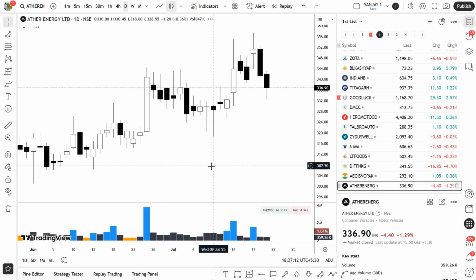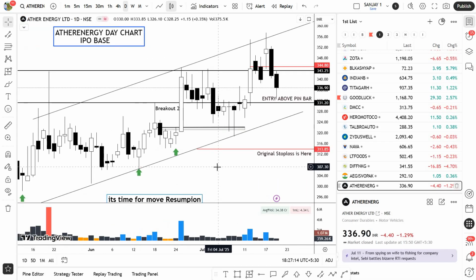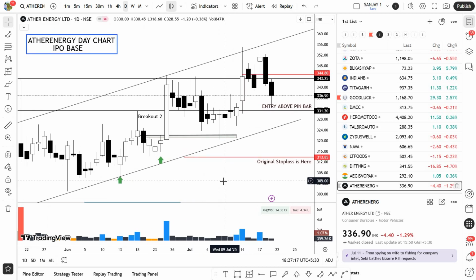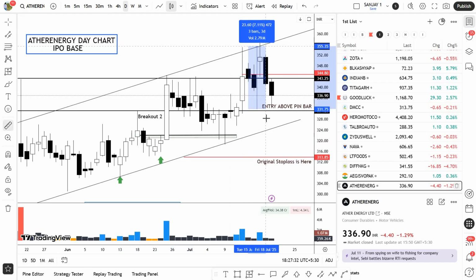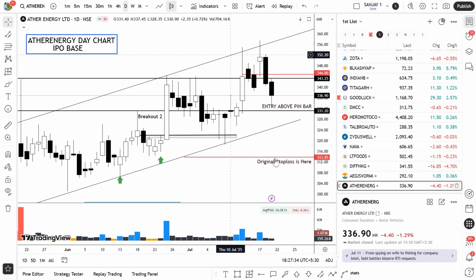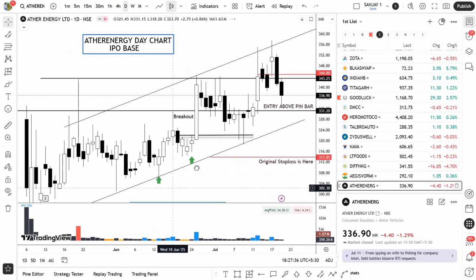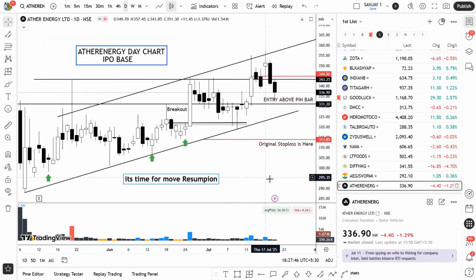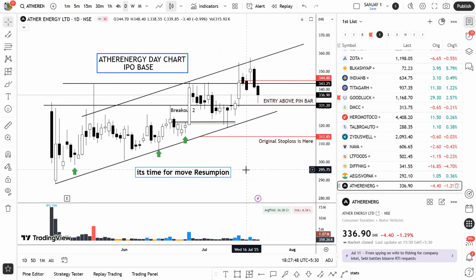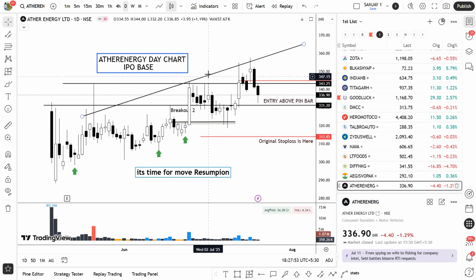Let's see some of our successful trades. So this is Ether Energy, and you can see we took our entry at this price level, 331. It gave a good breakout of around 7 to 8%, and I booked at this level because I saw that this channel is going on, you see, and I do not draw two separate lines to draw a channel. What I do is like this,